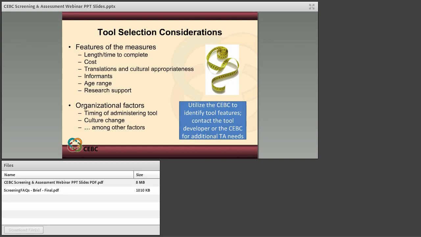Unfortunately the slides are a little bit out of order, so I'm going to next highlight the tool selection considerations. As Brent mentioned in his section, a ruler by itself is a good measurement tool, but you don't want to use a ruler to measure your waistline. So some measurement tools are better fit for a task and for an organization than other tools. Since there are so many tools out there, how do you know which one to choose?